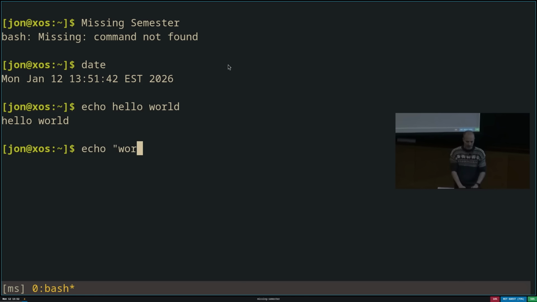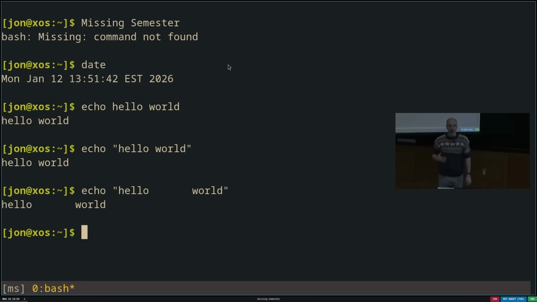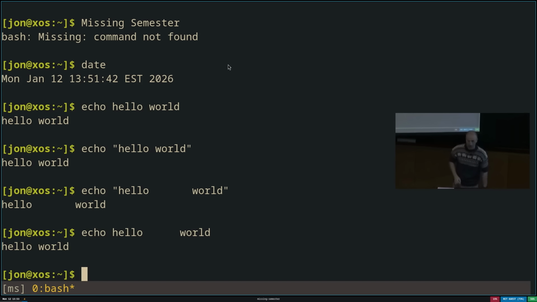Now, echo prints all of its arguments, so it's not going to be particularly useful there. But I could, for example, say hello world like this, and it will print the same thing because echo defaults to printing space-separated its arguments, which is the same thing I'm providing here. But if I put more spaces in here, you'll see that this gets treated as one argument that gets printed as a single thing. If, on the other hand, I typed hello, and then a bunch of spaces, then world, these are just two arguments to echo. The whitespace is ignored, it's just a separator. And then those two arguments are provided to echo, and it prints them back out.